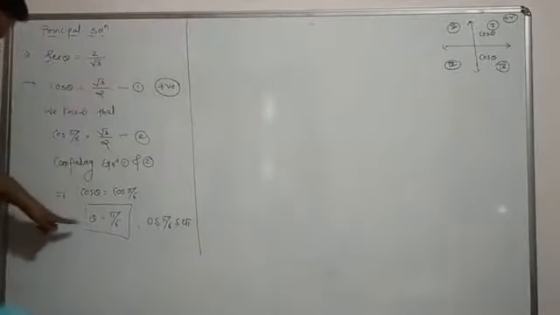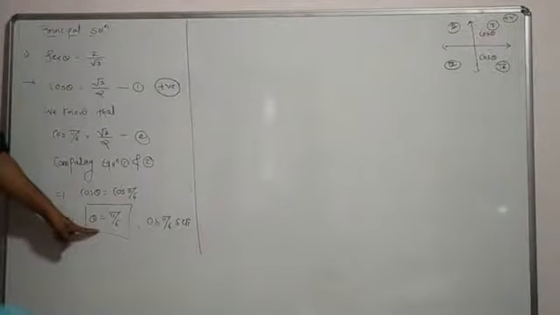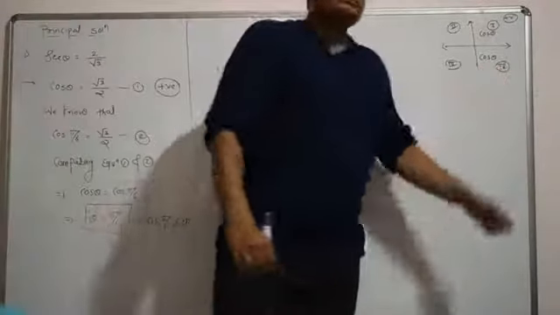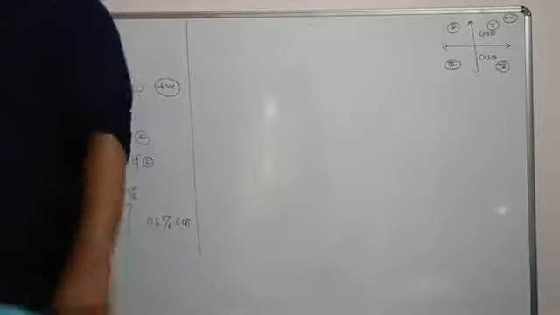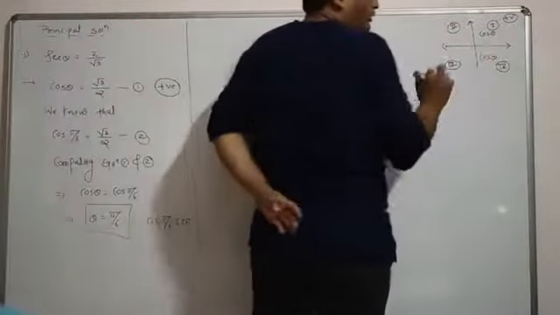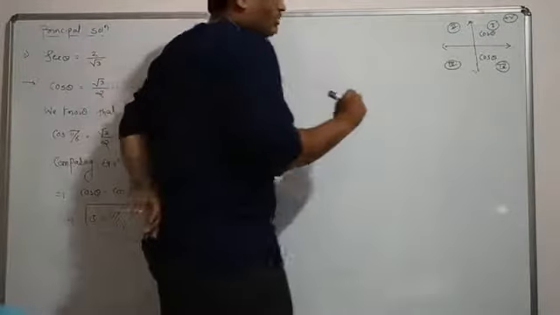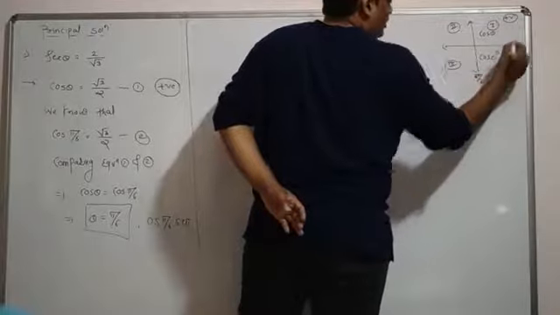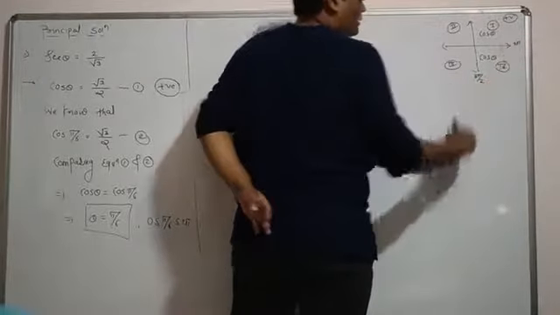Now you found the solution in the first quadrant, that is the angle in the first quadrant. Now you have to find the angle in the fourth quadrant. If you want to go to the fourth quadrant, you have two ways: either here you have 3 pi by 2 and here you have 0 or 2 pi.